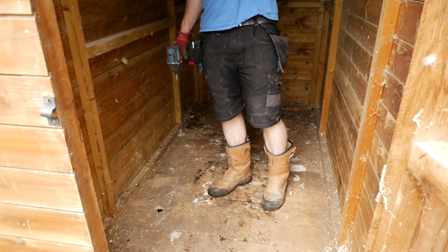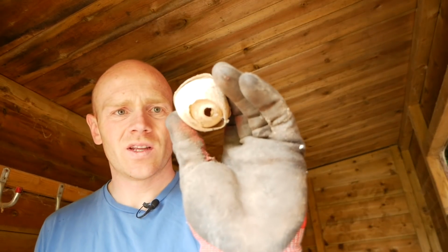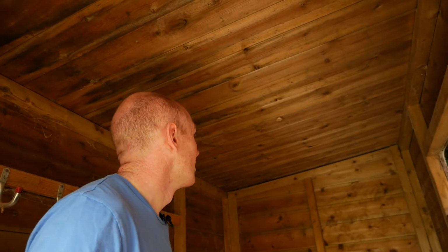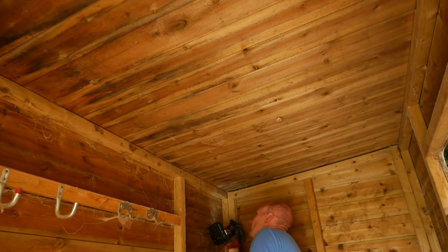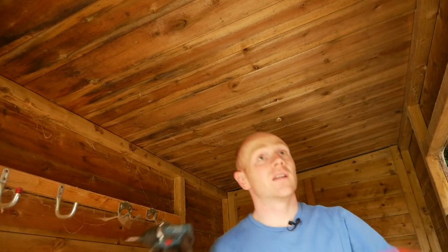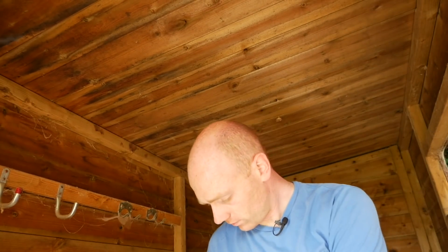Let's take the roof off first, I think. Is that a hornet or a wasp? I don't know, but it didn't come to anything, it's been there a few years. Maybe I didn't even screw the roof down. Would appear not. Let's see if we can...